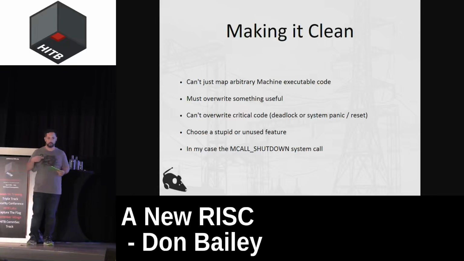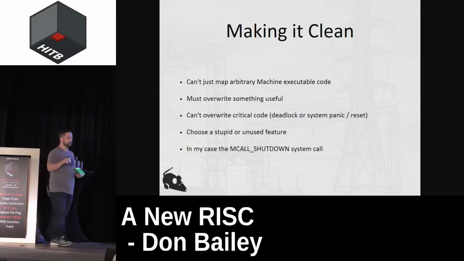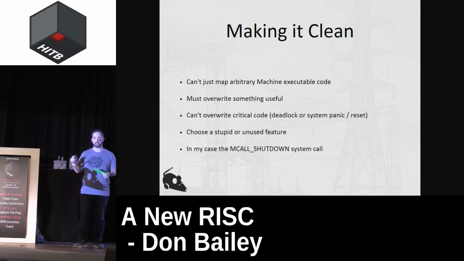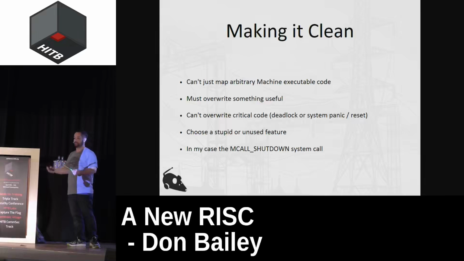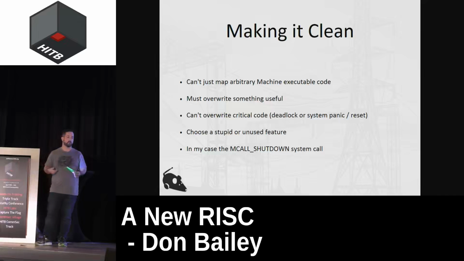So the clever thing to do, or I guess the sensible thing to do, not really clever, is to find the trap address in the machine layer that says, okay, when the supervisor needs the machine layer to do something, it's going to execute a supervisor call. Or in this case, in RISC-V language, an e-call, right? That's the address that you want to overwrite. But you can't overwrite just the base address of the trap because there's actual real work that needs to be